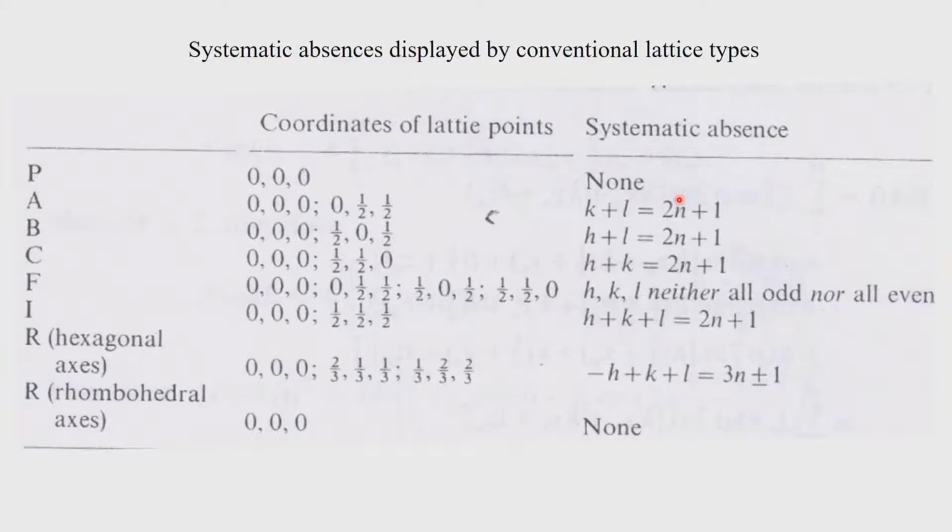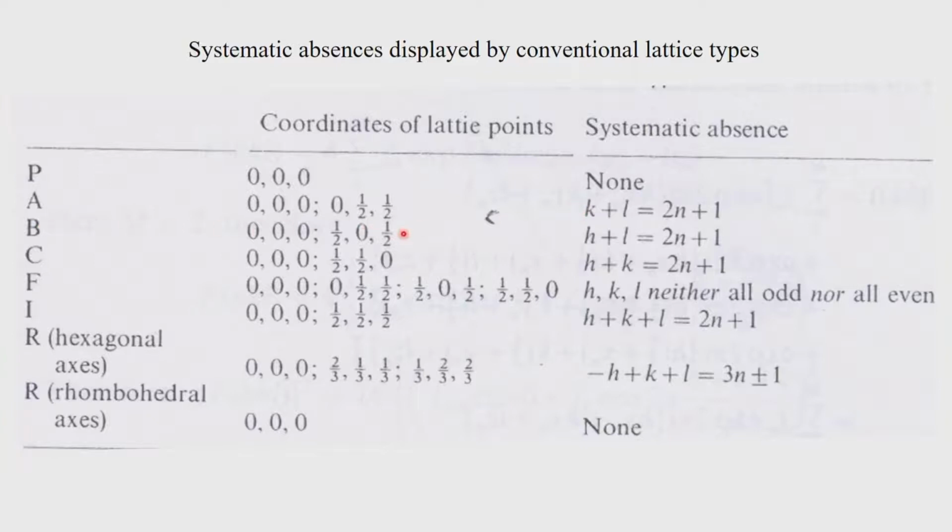So, let us see how this appears. The primitive lattice, no systematic absence, you are very clear about it. If it is a centered lattice, we will have coordinates of the lattice point 0 0 0 and 0 1/2 1/2. Since the half is associated with the k and l direction, we will have k plus l odd reflections absent. Only when k plus l is even, we will have the reflection coming, otherwise it will be absent. I do not think I need to take an example to illustrate it. You can take some HKL examples to find out how this systematic absence is coming.